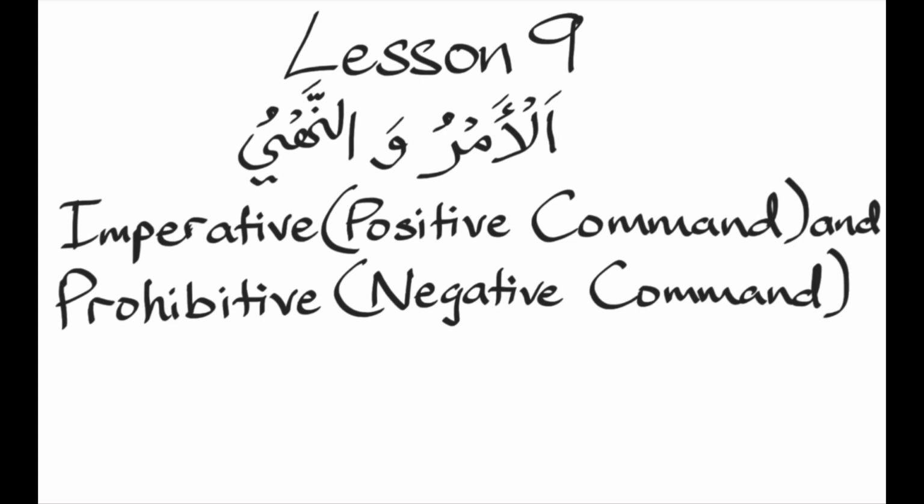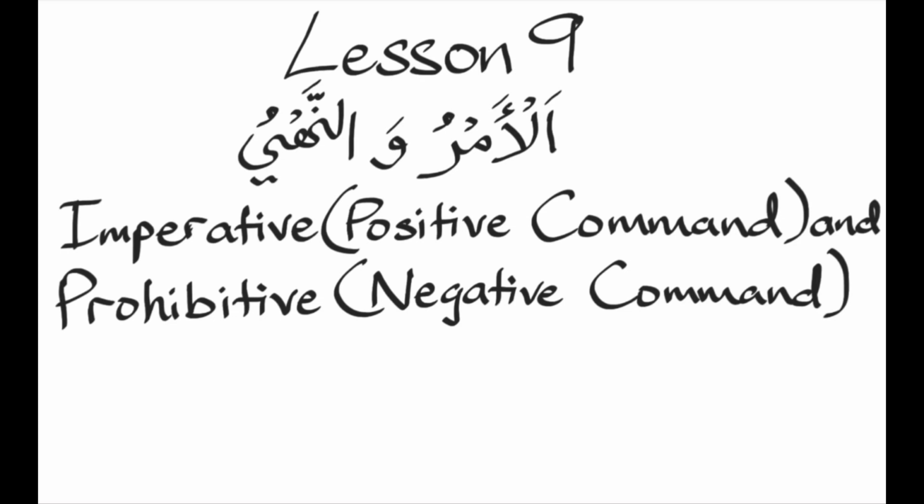Third person Amr and Nahi in Arabic is equal to saying he should do it, or they should do such and such thing, or she should not do that. But we won't be learning Amr and Nahi from the third person in any of these lessons. In these lessons, I'll only be teaching you how to make Amr and Nahi from the second person, which is usually what is meant by command in English, as usual. So first I'll teach you how to make Amr, and then I'll teach you how to make Nahi. First I'll teach you how to make imperative or positive commands, then I'll teach you how to make prohibitive or